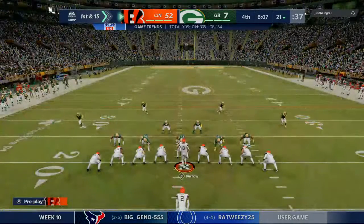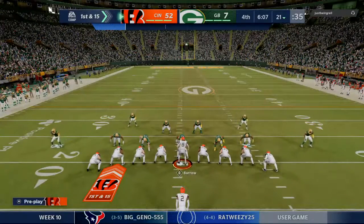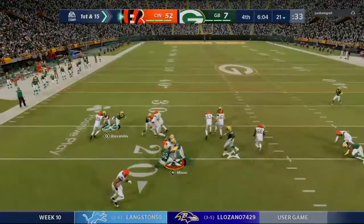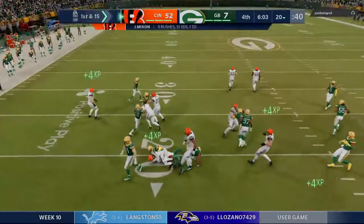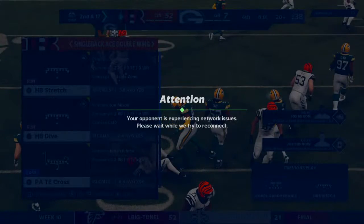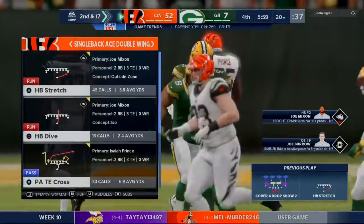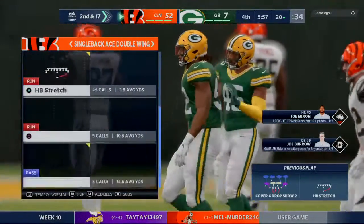The false start backs him up 5, 1st and 15. After the penalty, it's Mixon. And he got blown up on that play. Back at the 20. That's going to go as a loss of 2, and it'll be 2nd down. Brandon, it's clearly a running situation when you're up in the 4th quarter. They're going to have to stack the box and make it difficult for them to move the ball. Made it very difficult right there. Now they need to...